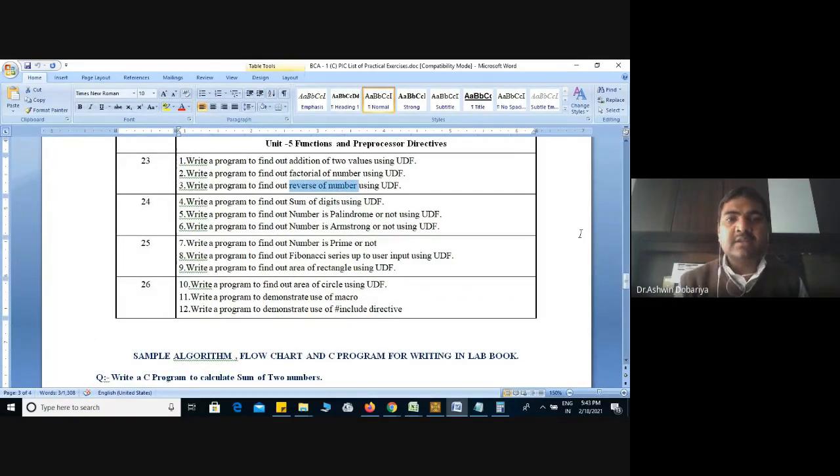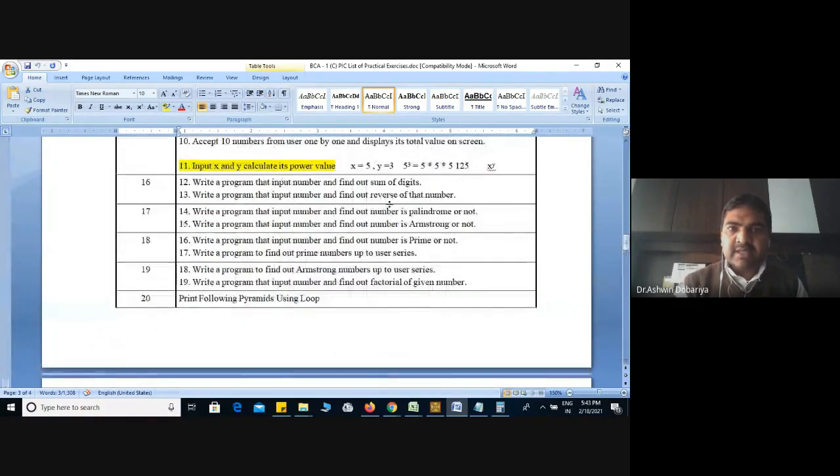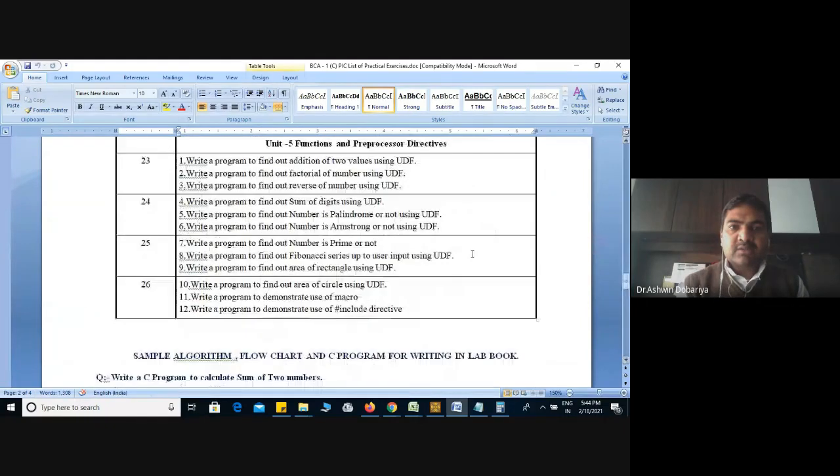Whatever logic we have discussed today, like reverse number, palindrome, Armstrong, prime number, digit sum, area of rectangle, all the logics are available here. But here the point is that using UDF, you have to write a UDF. And how to write a user defined function? Today also we have discussed 4 different examples, right? Again, I will repeat the same concept in that also. Then I think hardly it is required.